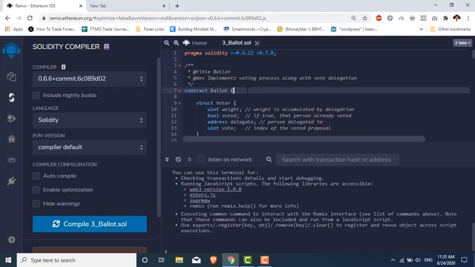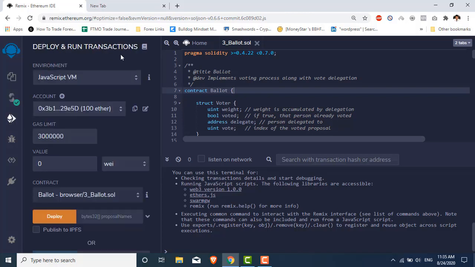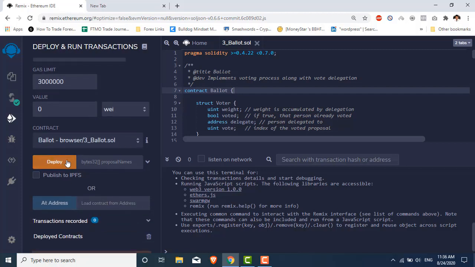Right now if I click on this code and press Ctrl S, you will see that a tick sign appears here, which means that this code is valid and no error is found. The next one is the deploy and run transactions. Here we will be deploying our contracts and seeing the results. There are also other tabs, but in this video we are only going to use these three tabs.